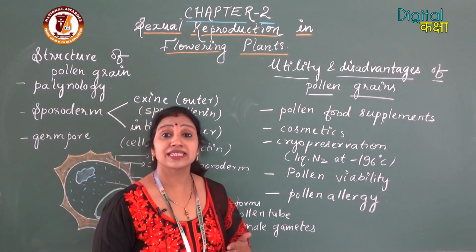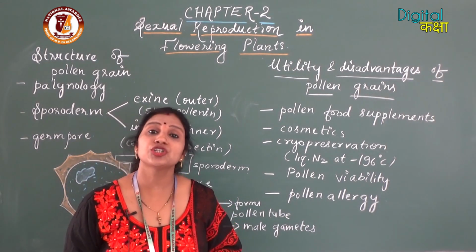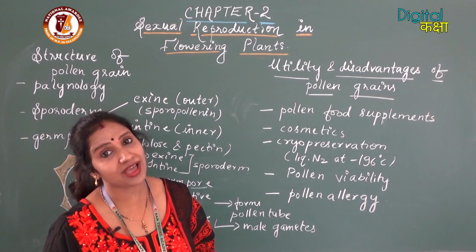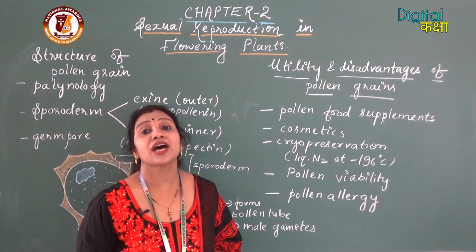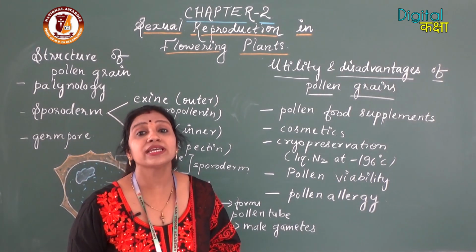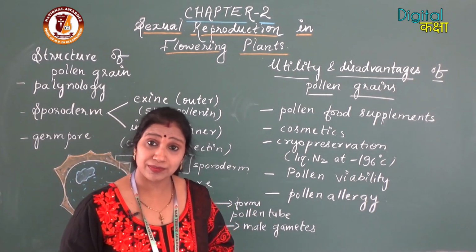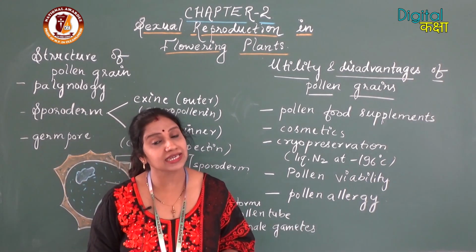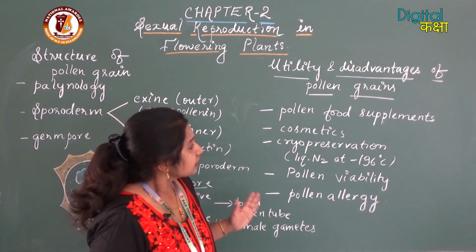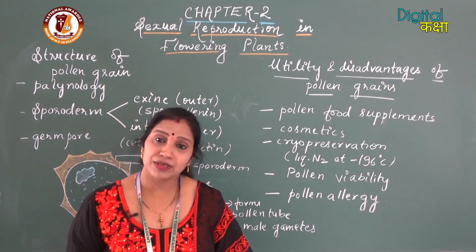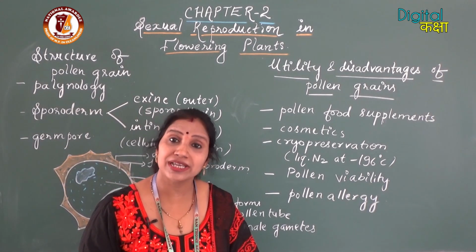The pollen grains are very rich in nutrients, mainly proteins, sugars and unsaturated fats. As they are rich in nutrients, they are used as pollen food supplements. These pollen food supplements are available in the market in the form of tablets or syrups. They are used by athletes, and they are given to race horses